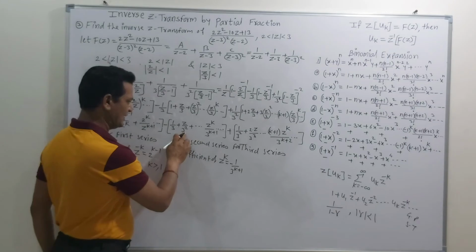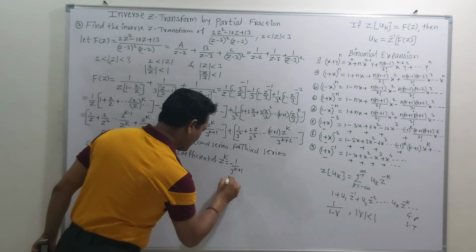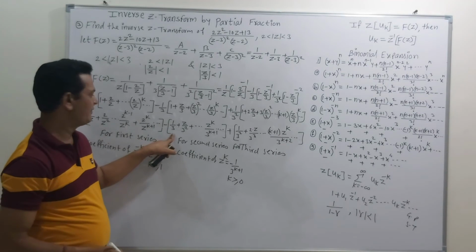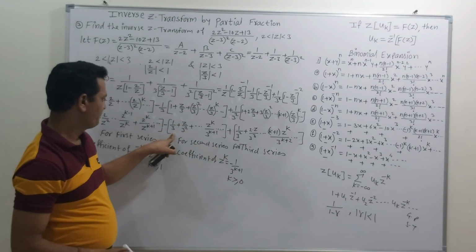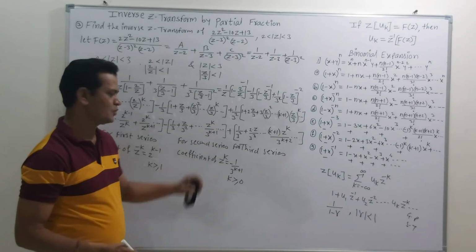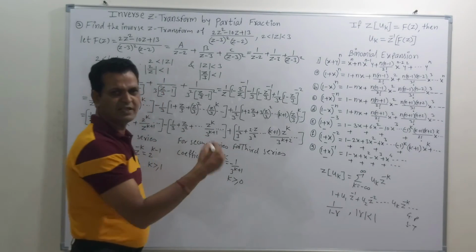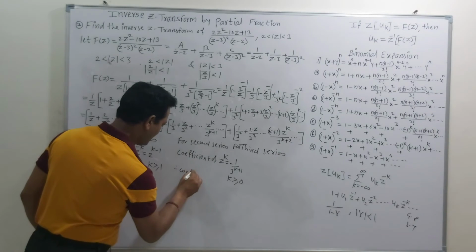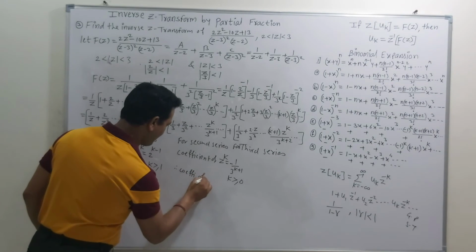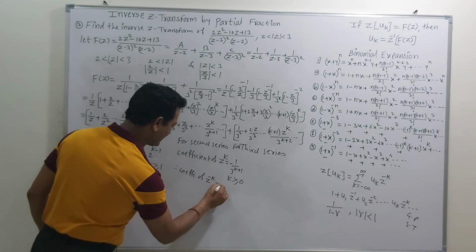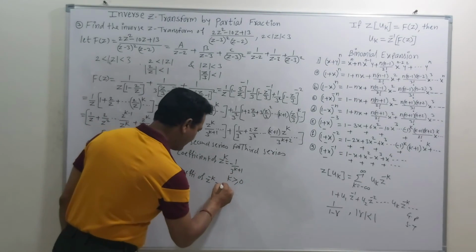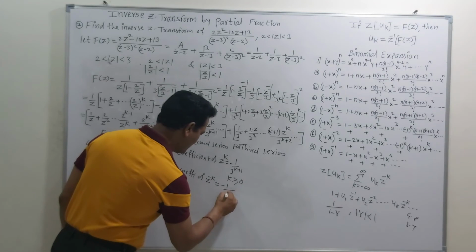This is the second term when k is equal to 1. That means here k is greater than or equal to 0, because this is possible when k is equal to 0, 1, 2 and so on. But our interest is to get the value of z raised to minus k. So therefore we can write coefficient of z raised to minus k is equal to, that means replace k by minus k, we get this as 1 upon 3 raised to minus k plus 1.